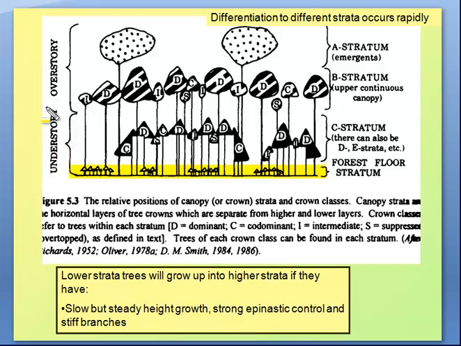The next stratum is the taller trees in here, the trees coming up underneath, very shade tolerant, in what we're going to call the C stratum. These are your classical understory trees. And then we have above that,